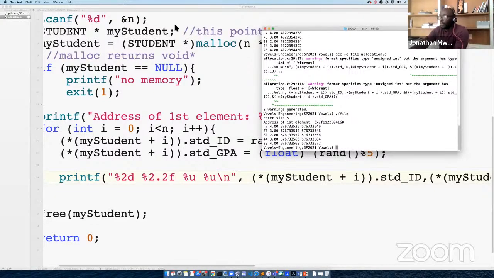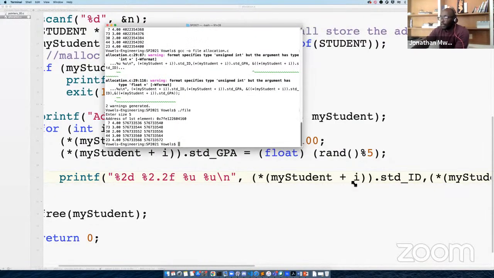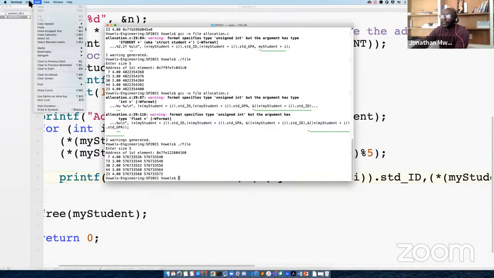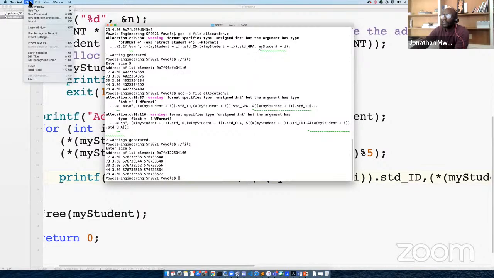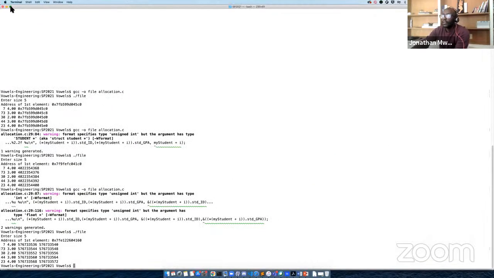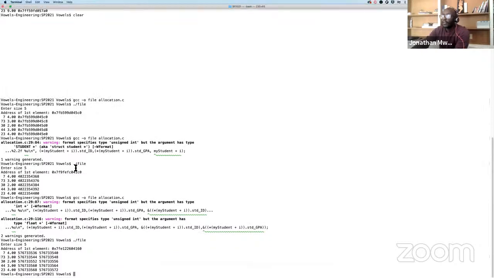So I want you to observe a couple of things. Let me make it a little bit bigger. View, shell. I thought there's a way to zoom it without having to. Why do you want to do that? Okay.